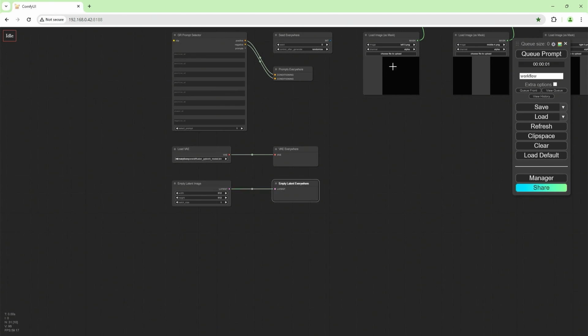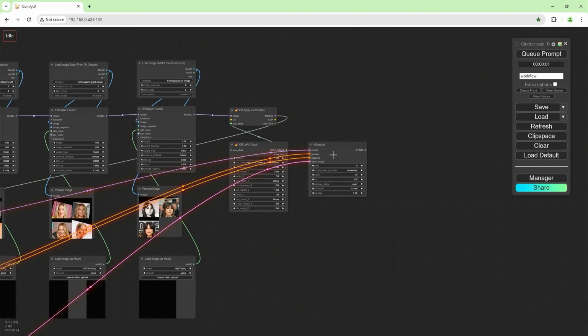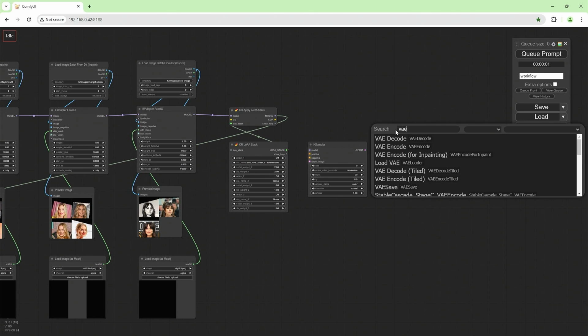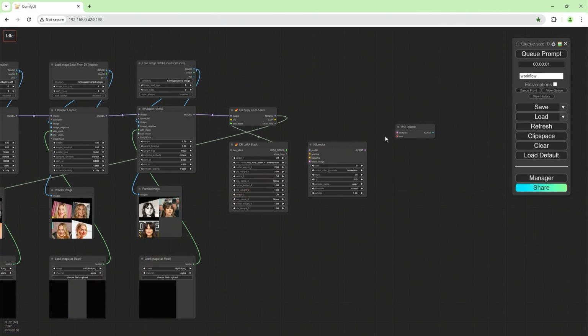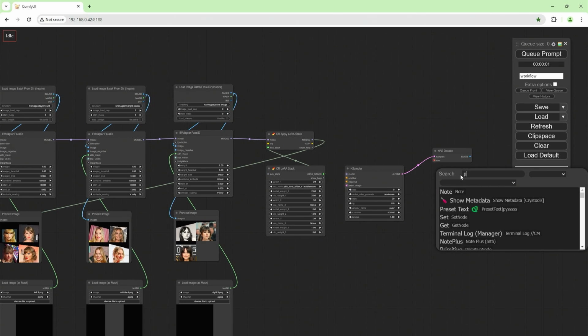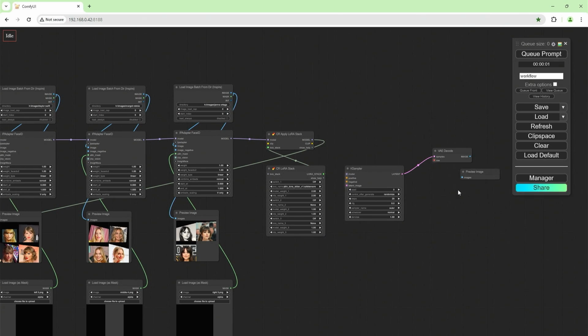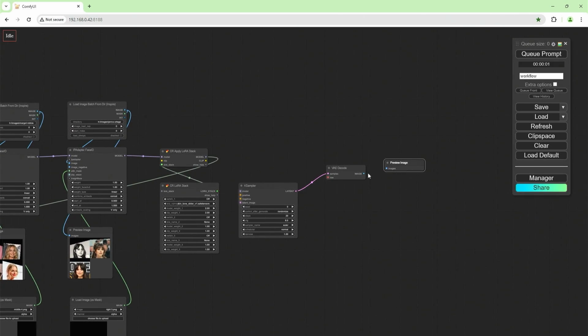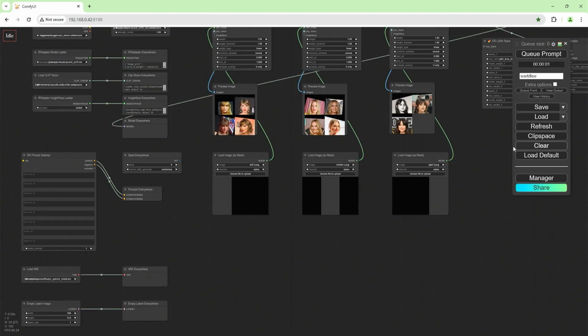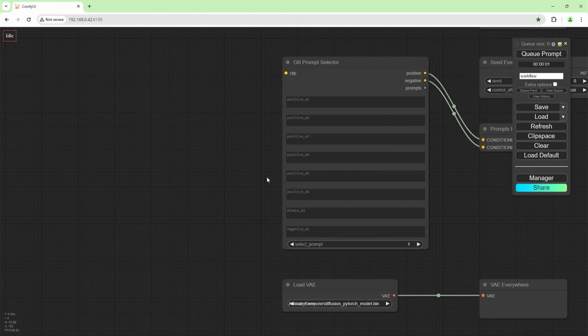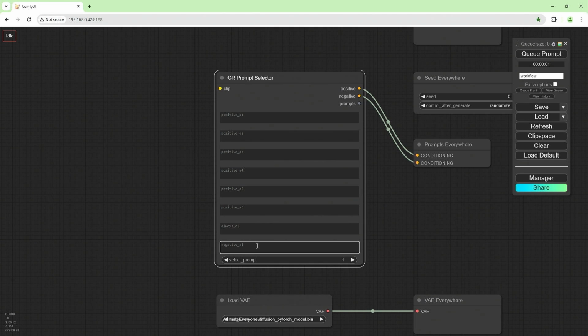My masks are 768 wide by 512 tall, so we're going to change this to 768. That should have the latent connected to this. Yep. VAE decode. I'm going to join this to this and a preview image. I'm going to run this, and in the prompts I'm going to add a negative, which is not safe for